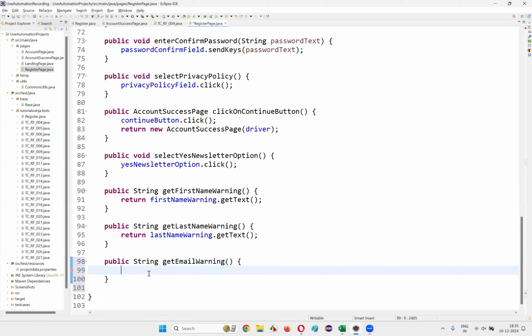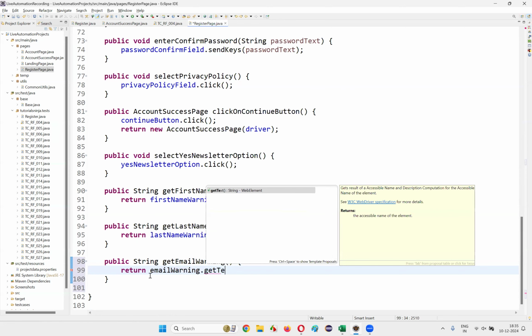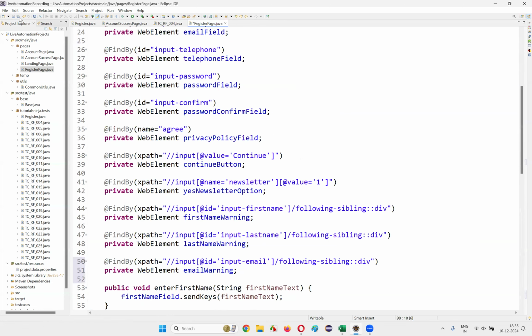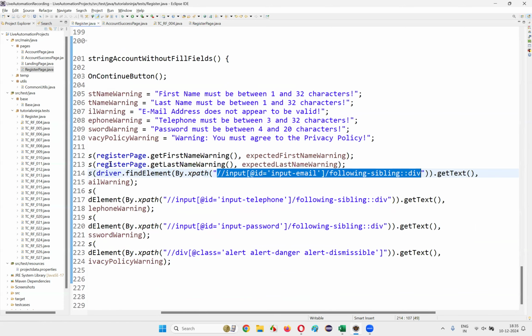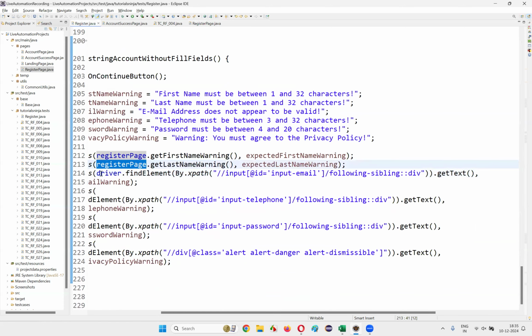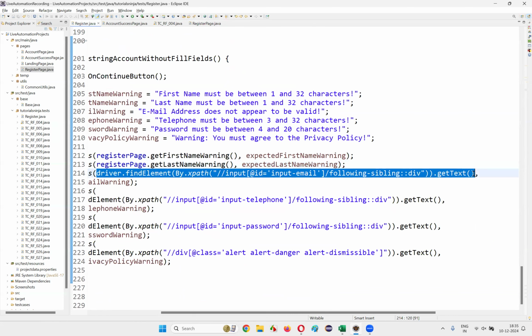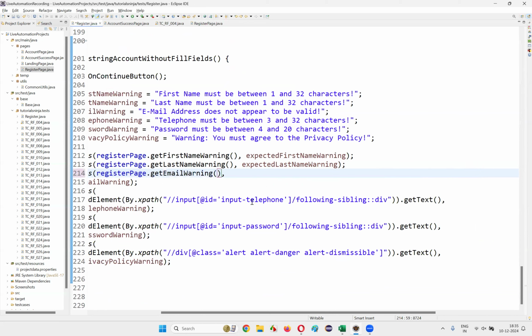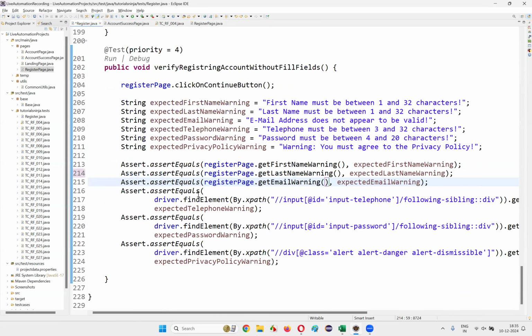Return email warning dot get text, and here string. Now save, come back here and write register page, remove this part and simply say register page dot get email warning. That's it. Control Shift F, then it is formatted properly. The next one,